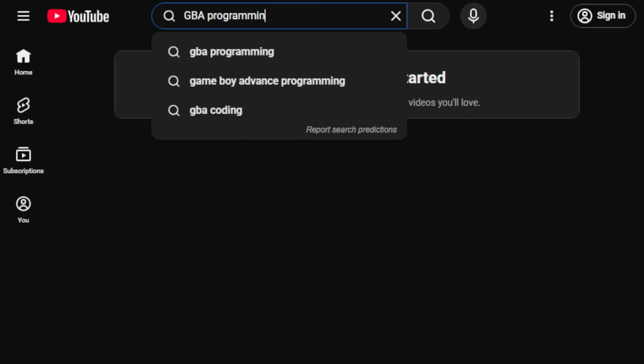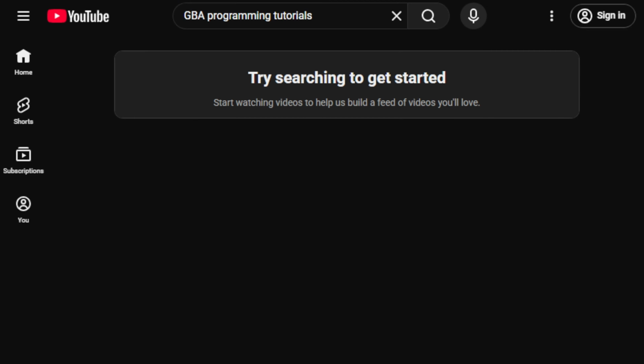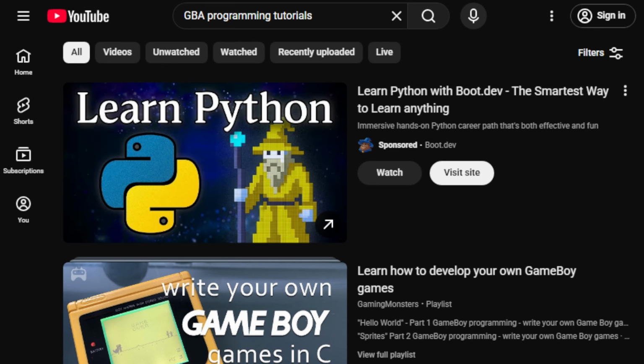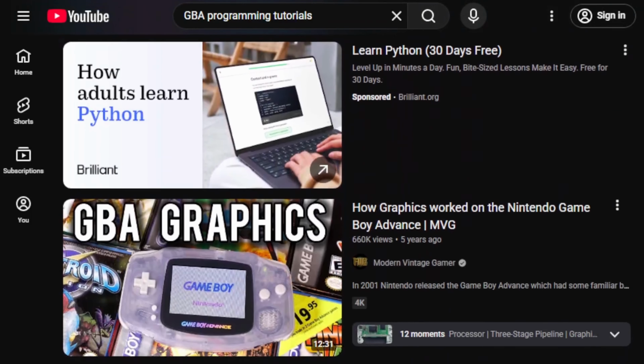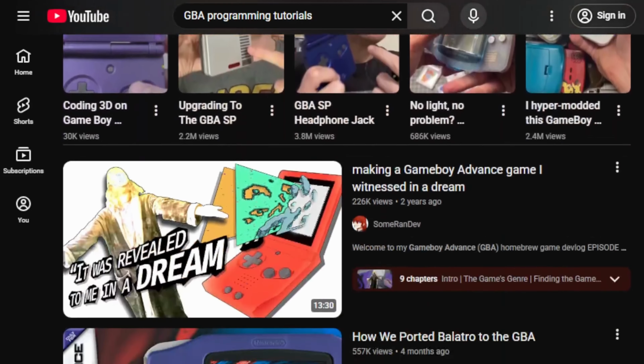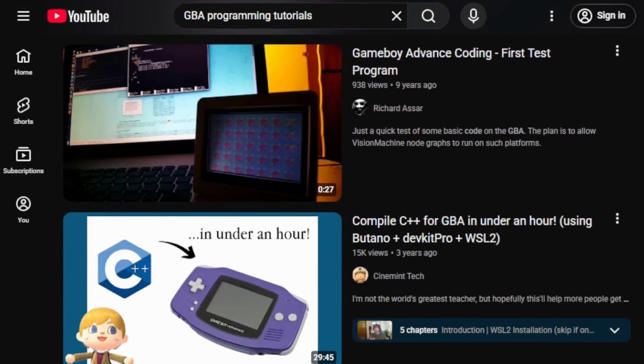So you want to get started coding your own projects for the Game Boy Advance. You have a bit of programming knowledge and are looking for some tutorials, and well, there aren't very many for the GBA. When I search GBA programming tutorials on YouTube, I get videos about building games and emulators for the original Game Boy, and a few more narrative-based videos about making games for the Game Boy Advance, but no real